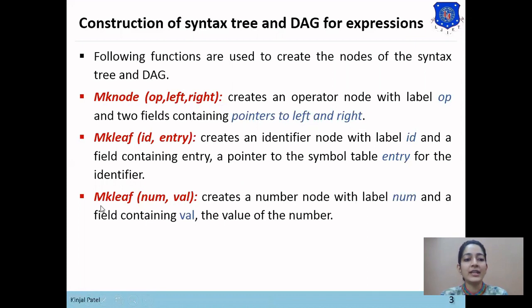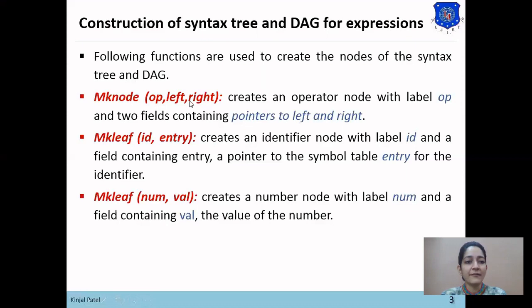And the third function is for creating a number node. The third function is used to create a number node with label number and a field containing value, the value of the number. So in the identifier node the second field points to the symbol table entry, while in the number node the second field contains the value of that number.